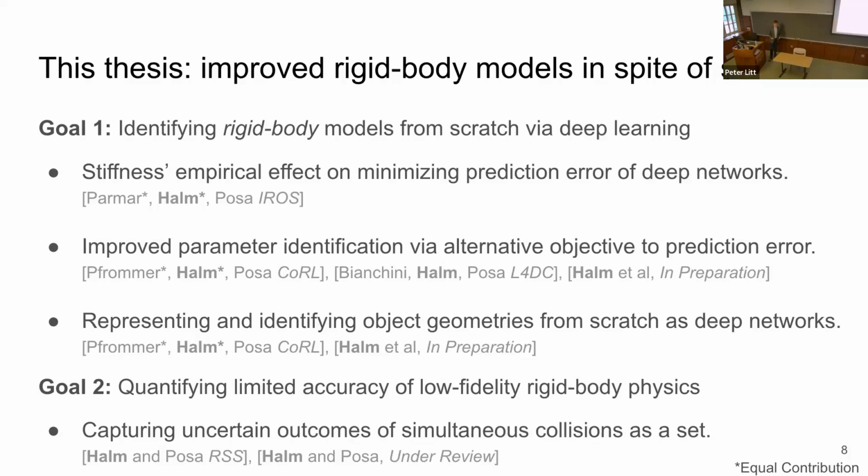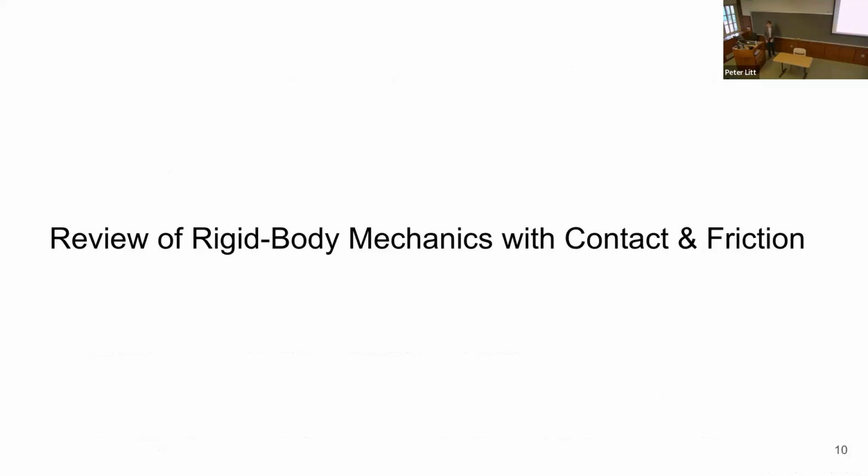But of course, the models that we are learning in this are still approximate physics-based models, and time permitting at the end, we'll talk about an alternative direction of research that we've been doing in both quantifying and analyzing the limits coming from those approximations. So because we're going to be talking a lot about physics-based models, first we're going to have a brief background on the mathematics that underpin these models. And then there'll be a lot of equations on slides for just a few minutes, but we're going to circle back at the end and focus on one really important one that is the key message from this section.